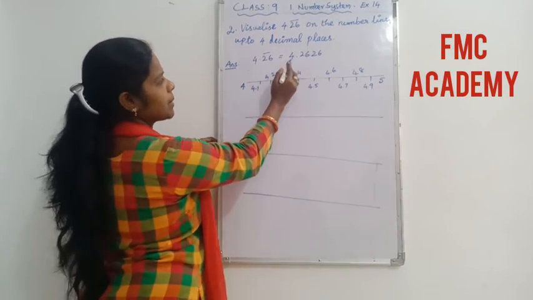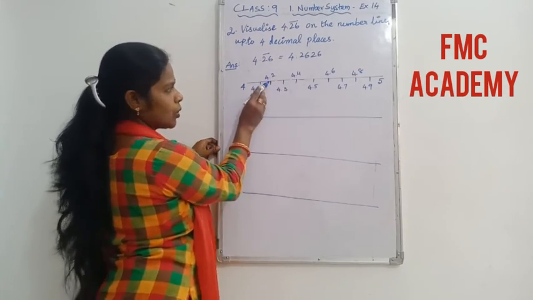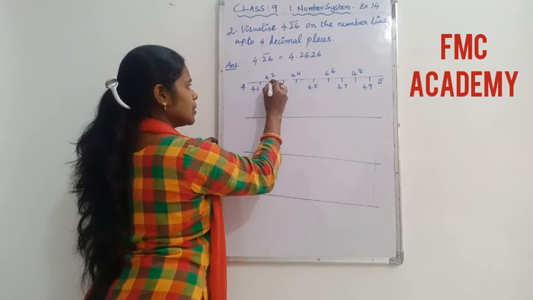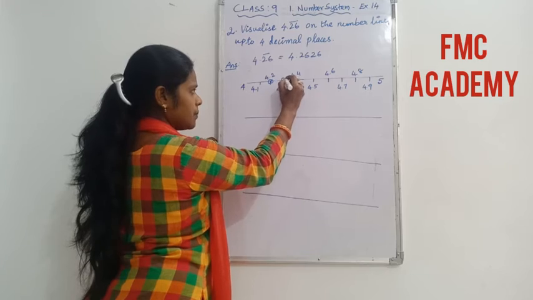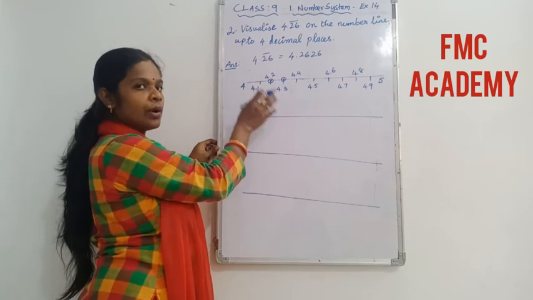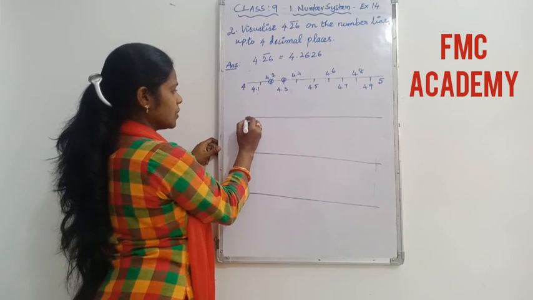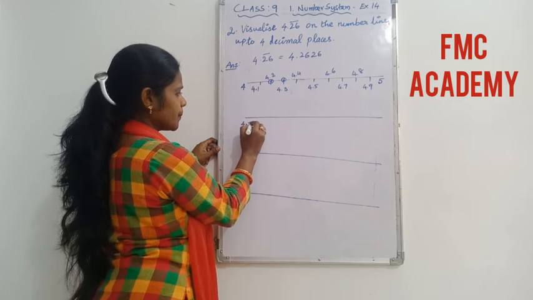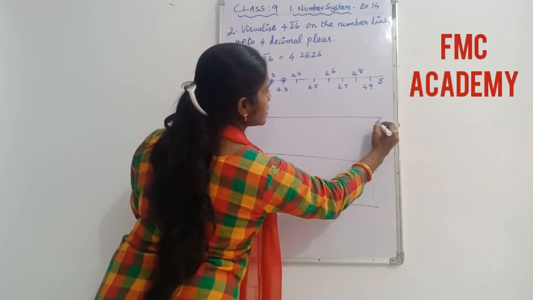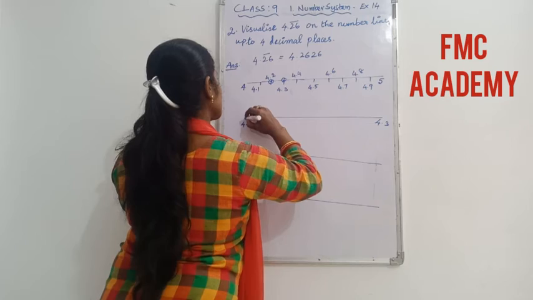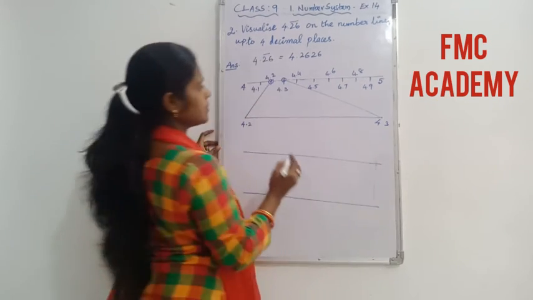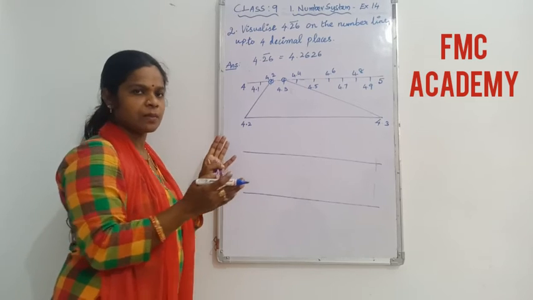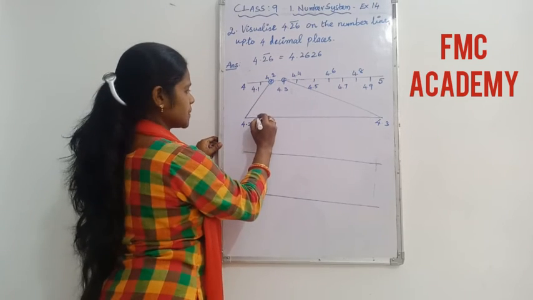Yes, now just see which number it is. 4.2, where is it? Over here. So you are going to take this number and the next number, that is 4.3, and between these two you are going to search for your number. So here you will take 4.2 and here 4.3. So just draw this one. You are going to magnify these two, and when you are magnifying, the first step is making 10 equal parts.